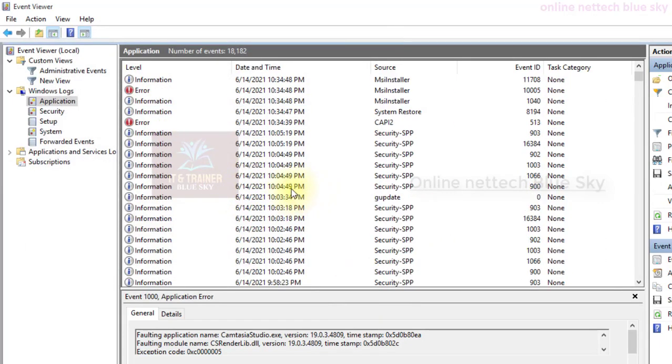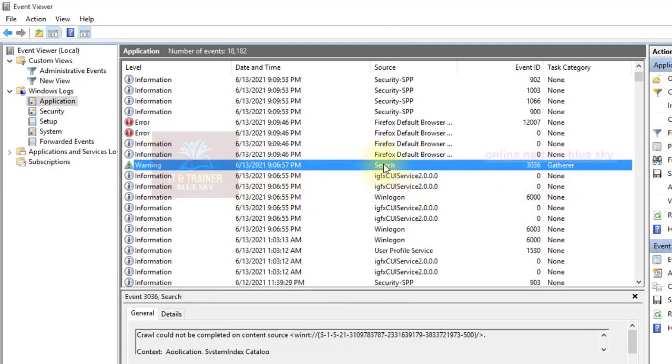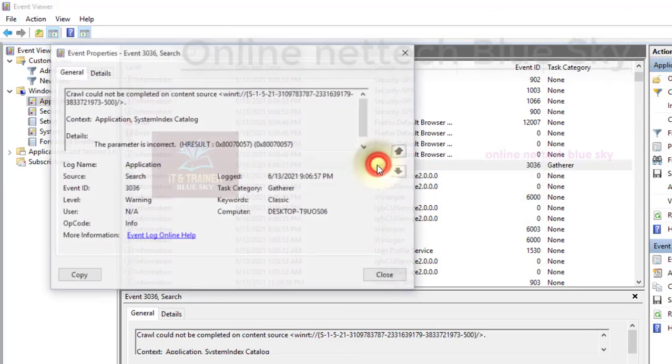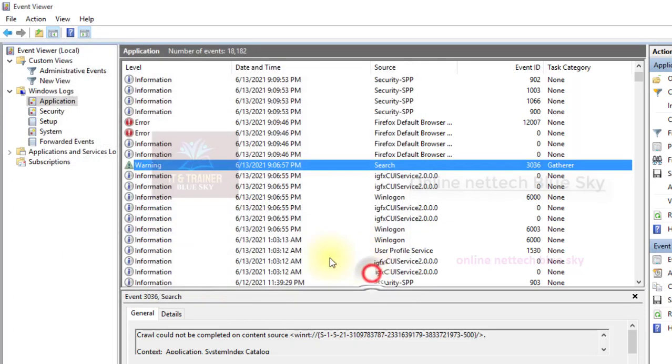So application related, information related, everything. This one is showing a warning, but it is a search related warning. Okay, the crawl could not be completed on the content source. You can see this application Search, 3036, and the warning shows the logged time, and the computer name Desktop.